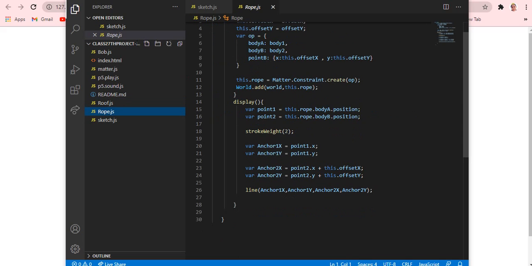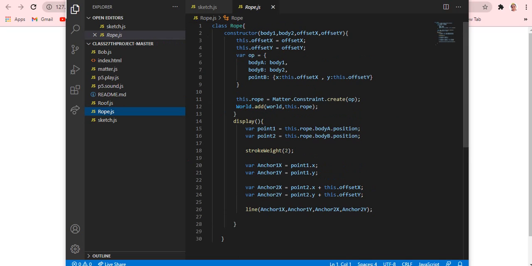Rope class is the main thing. Because the class is Rope, then constructor body1, body2, offsetX, offsetY. You can also give a different name for this; I just give it offsetX and offsetY. So this.offsetX and offsetY. At that time we just wrote width and height, but here I just wrote offsetX and